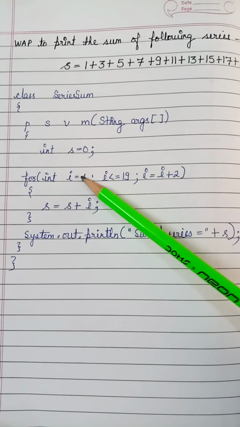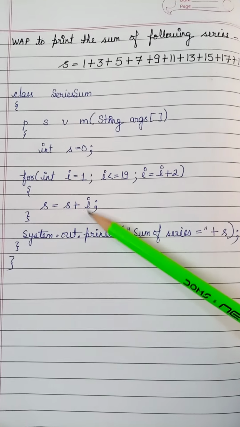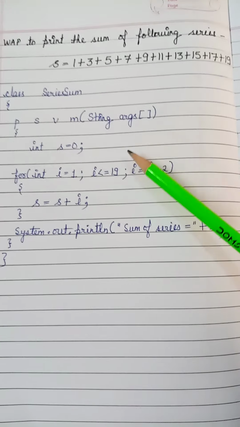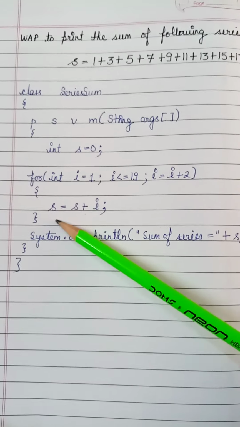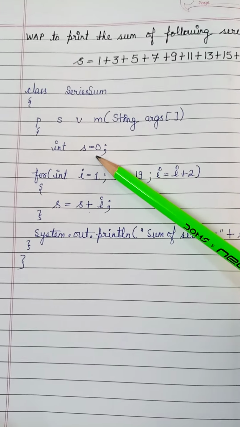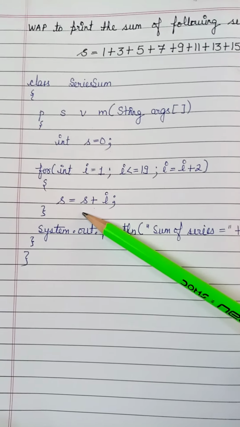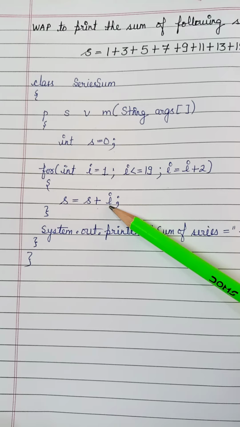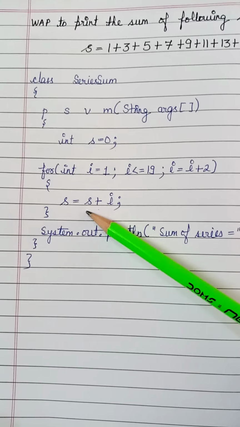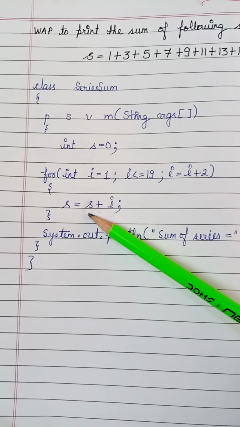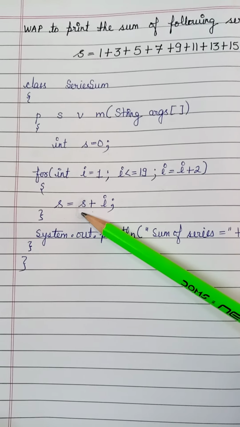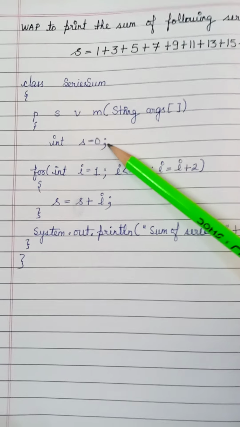We are getting the numbers in I and we are adding the value of I into S. We are storing the sum of the numbers of the series into S. So S equals S plus I. Why have we initialized this variable? We are going to use it here. The first time S plus I is added, I will be 1 and S will be nothing. So how can we add two variables when one is without any value? This variable must be initialized before using it here.